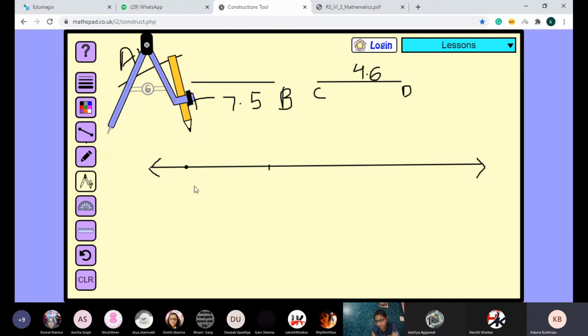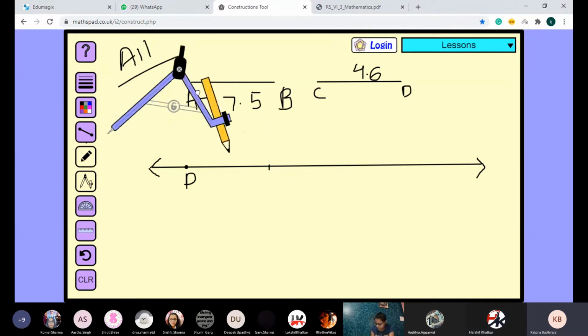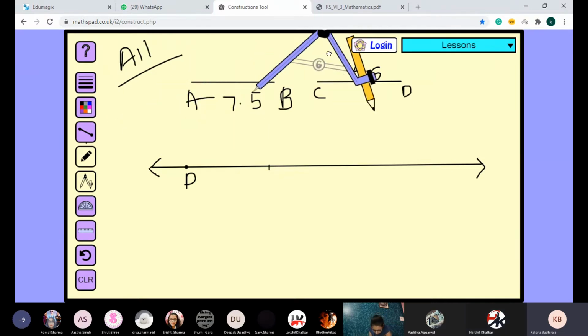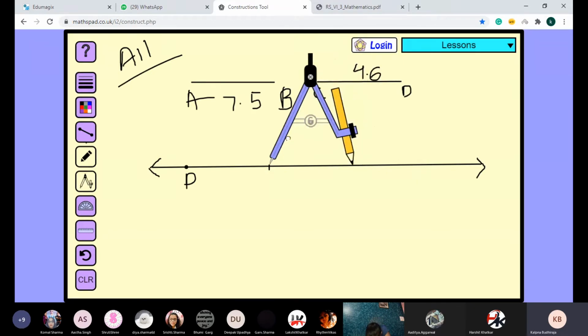So here I am marking point P. Now you will take the compass to CD. Sorry, not BC. You are going to measure CD with the compass. You have to measure the first line with the compass, and the second line also with the compass. But when you measure the second line, you will place the needle at the cut you drew earlier on the first line. So you are placing the needle here, the line segment you have to make.